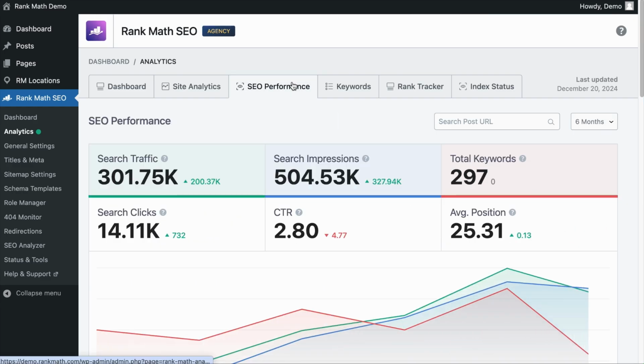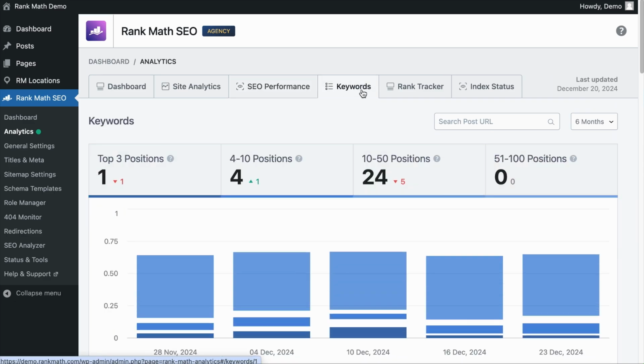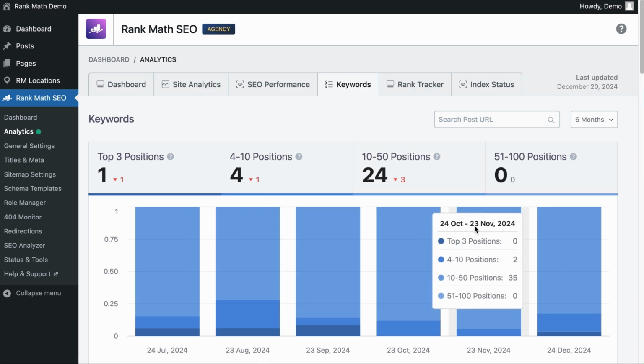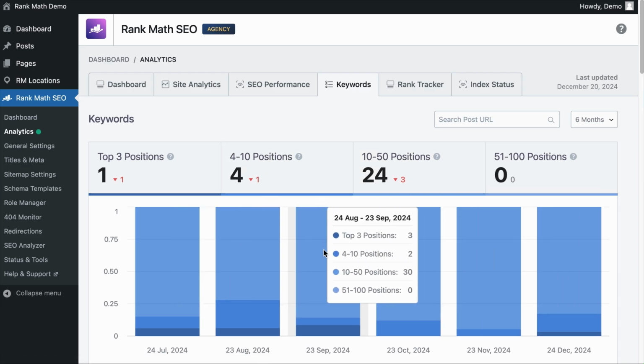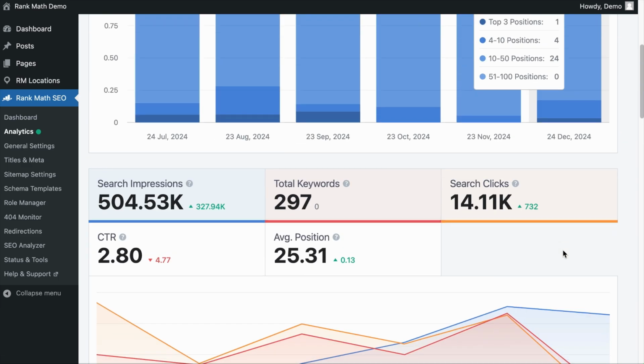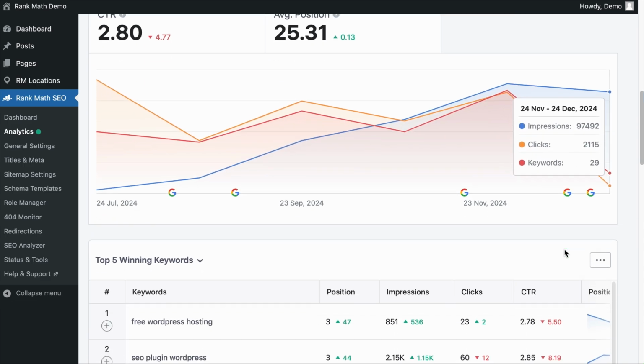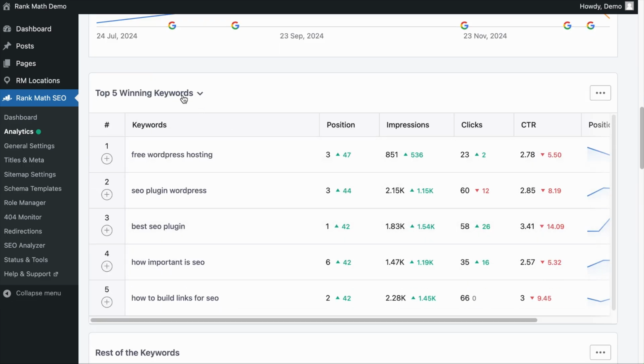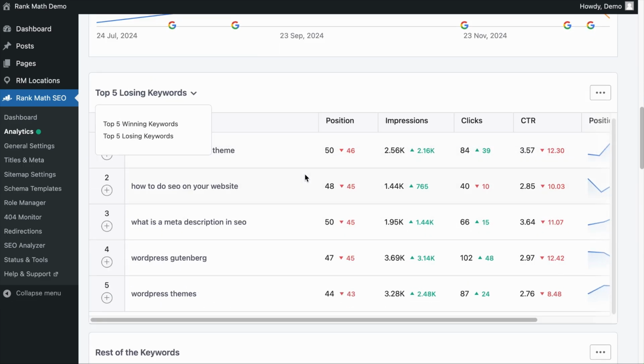And instead of viewing the high-performing pages, if you want to see the full list of keywords your site is ranking for, you can click on the Keywords tab. And here is a visual representation of how well your keywords have performed over the period. Then the traffic data, the top 5 winning keywords, as well as losing keywords, and all the keywords your site